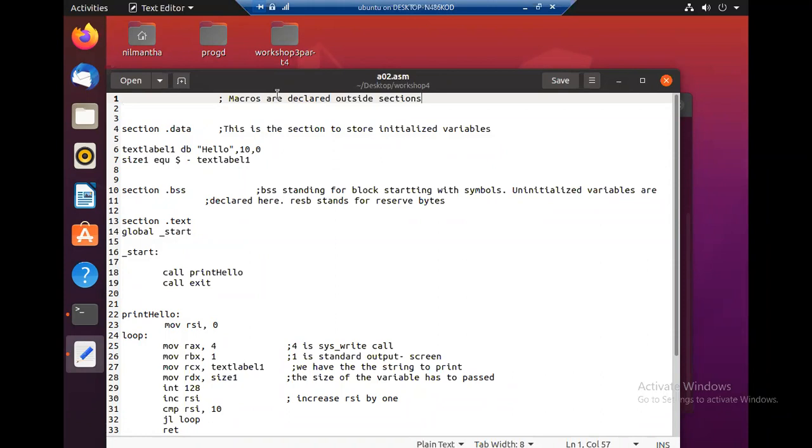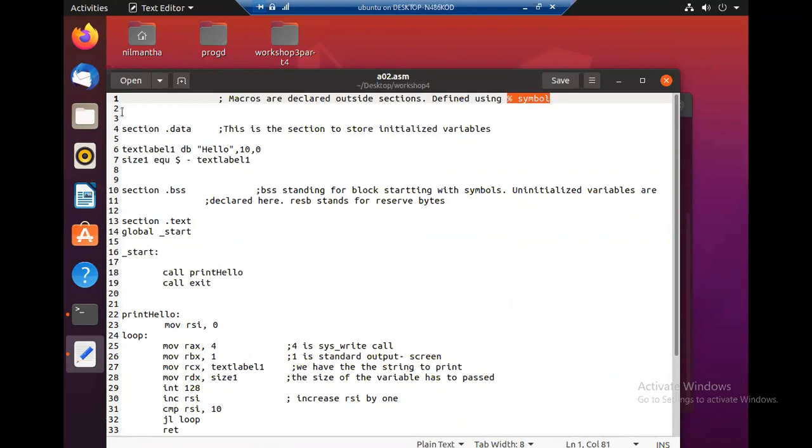So it should be defined outside, and defined using the symbol %. % symbol stands for directive. % symbol is kind of a symbol that means it is directing the compiler to look into this.